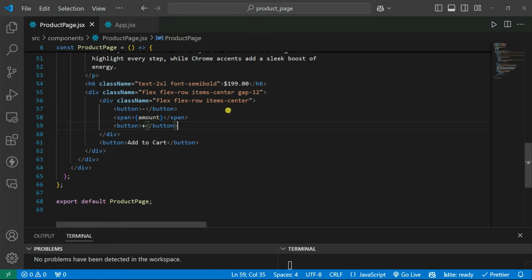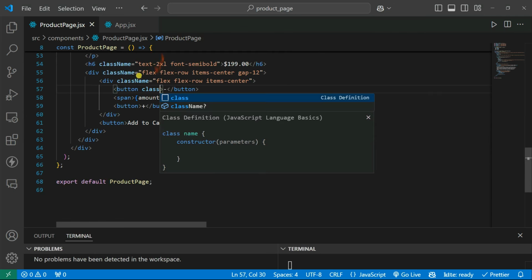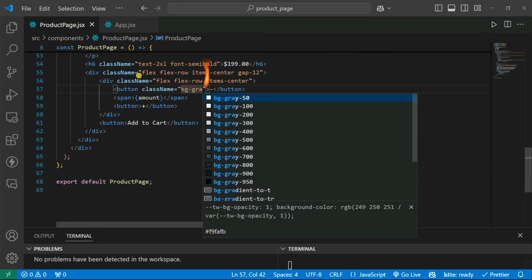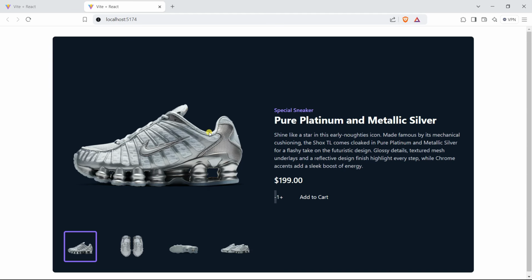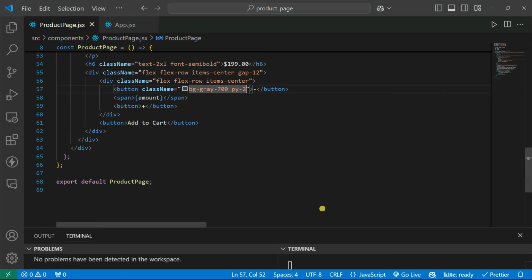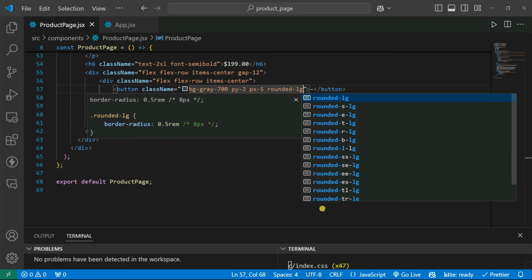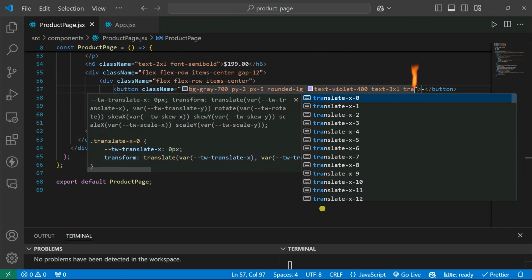You can see it showing up here, and after that we can give some class name on our button. So let's say className, let's design it out. Let's say bg gray 700, and after that you can give some padding on that so that it looks good. Okay, padding of 2, and we're going to give the padding of the x-axis as well. So let's see. Yeah, cool. Now let's try to design it out. It's rounded LG, and text is violet 400, and then we can give the text equal to 3XL, and also transition so that it looks